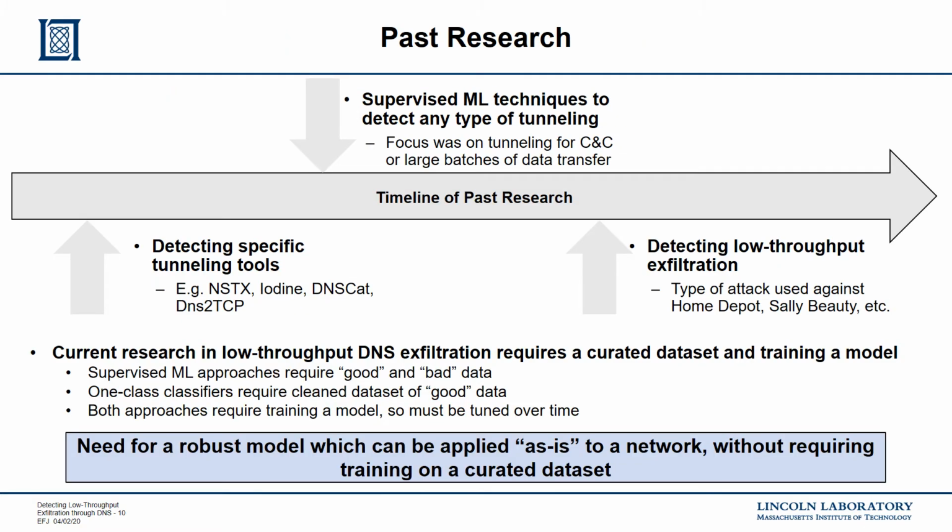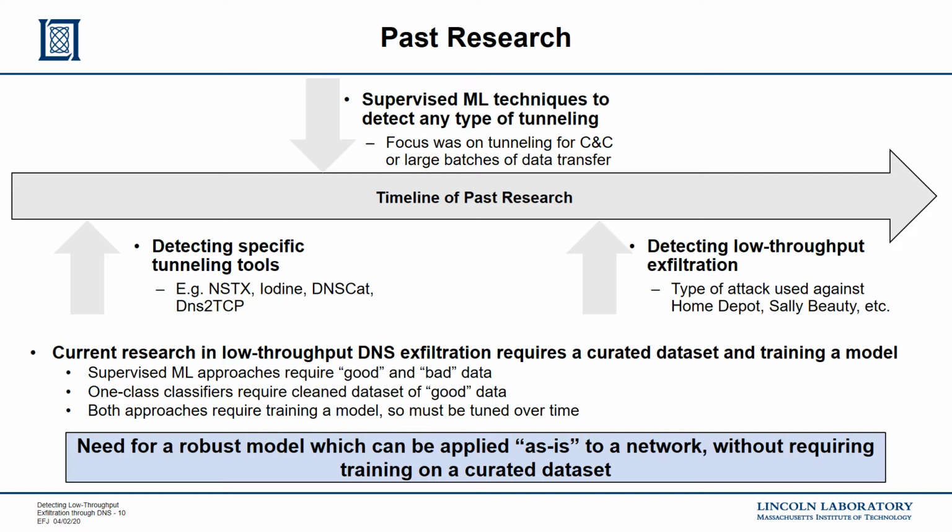Early research in this field focused on detecting specific tunneling tools, such as iodine or TCP-over-DNS. The focus then shifted to applying machine learning techniques to any type of tunneling. More recently, work has been done on detecting low-throughput exfiltration, the kind of attack which was used on Home Depot. However,